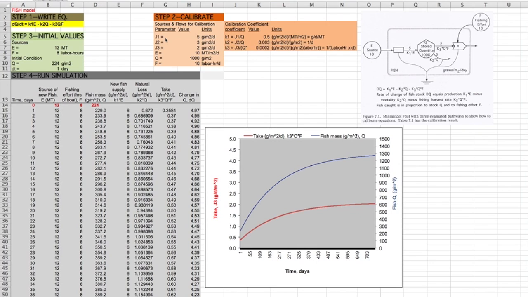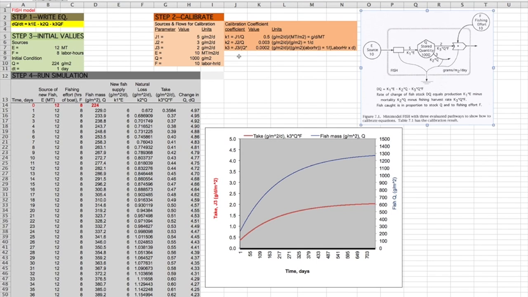So from these calibration values, again, these would be values that we would use either sampling methods to go out to our fishery and measure what these flows are, what the storages are, or maybe we would go to literature and develop best estimates of what these flows and storages would be. And then to calibrate our model, or to estimate what the pathway coefficients equal, we solve each of our individual